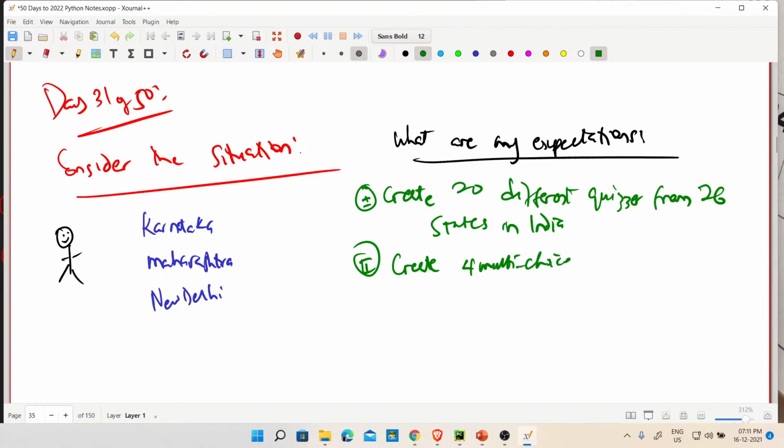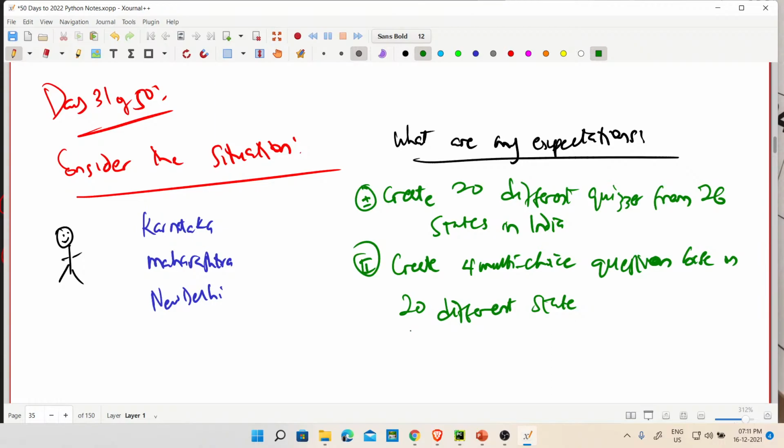Multiple choice questions based on the 20 different states, right? So say which city is regarded as the Silicon Valley of India? You say Bangalore. Which state is it located in?